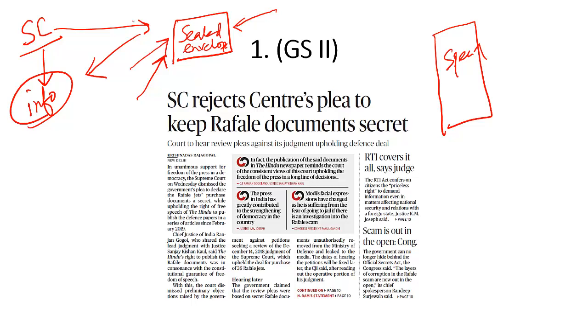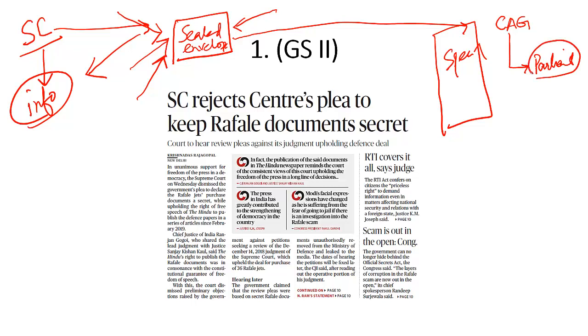And in this sealed envelope, so that no one else looks into its contents, we will provide you the specifications and details about this Rafale deal. And the Supreme Court dismissed this petition and said there can be no investigation into the Rafale deal. How did the Supreme Court reach this conclusion? The Supreme Court said that the government has said in the sealed envelope that the CAG has already prepared a report on this Rafale deal, and this report has been tabled before the parliament. So if all the details are already available before the parliament, why should there be an investigation into this